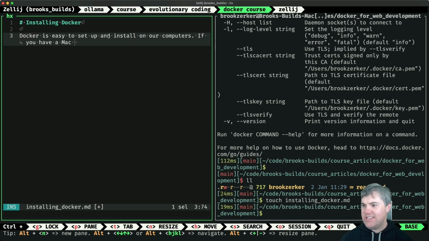Okay, Docker's easy to set up and install on computers. If you have a Mac or Windows system, then follow the instructions at